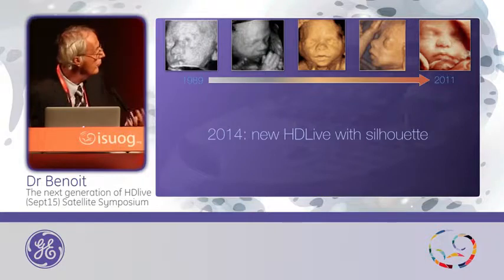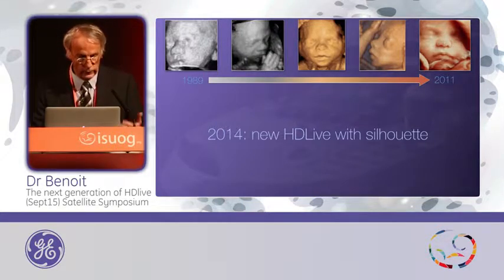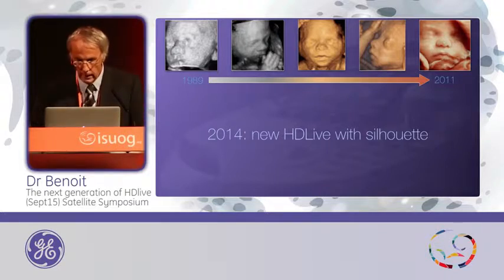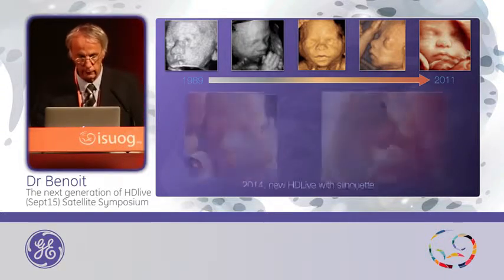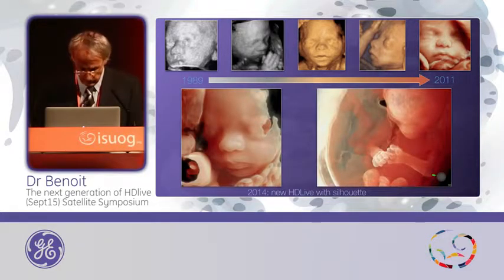And what is new this year? This is a new render mode. This is HD Life with silhouette. And in 2014, that means we have used the surface mode in 3D for a quarter of a century. And what is this new HD Life with the silhouette? It is this. You can obtain this kind of rendering, and I will show you how to use it first